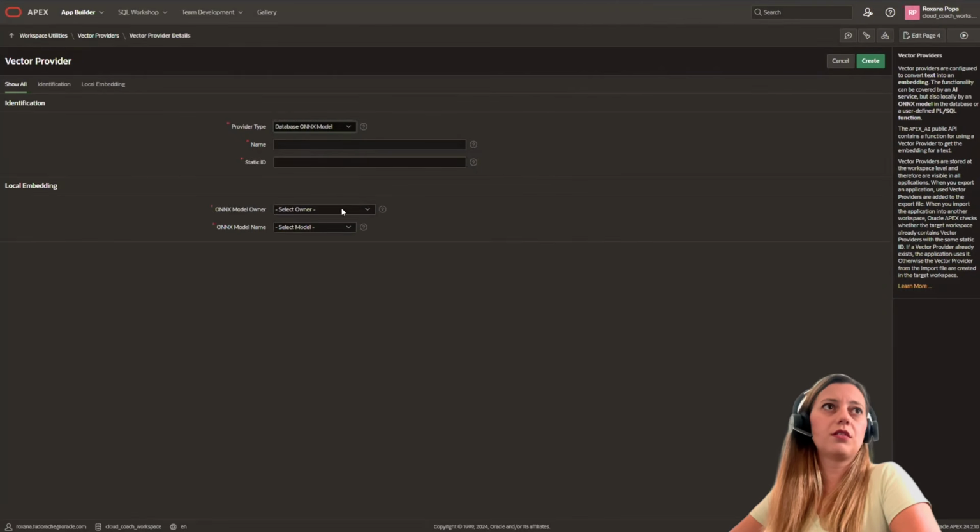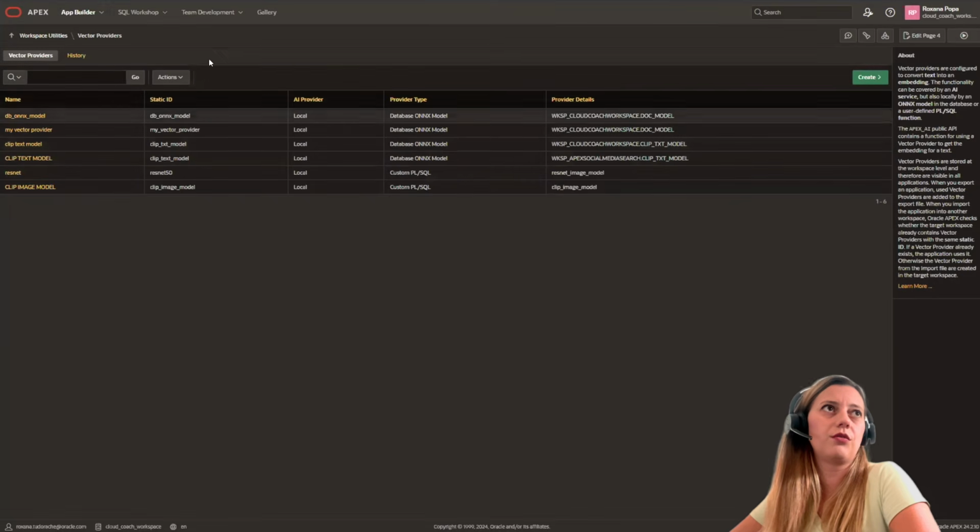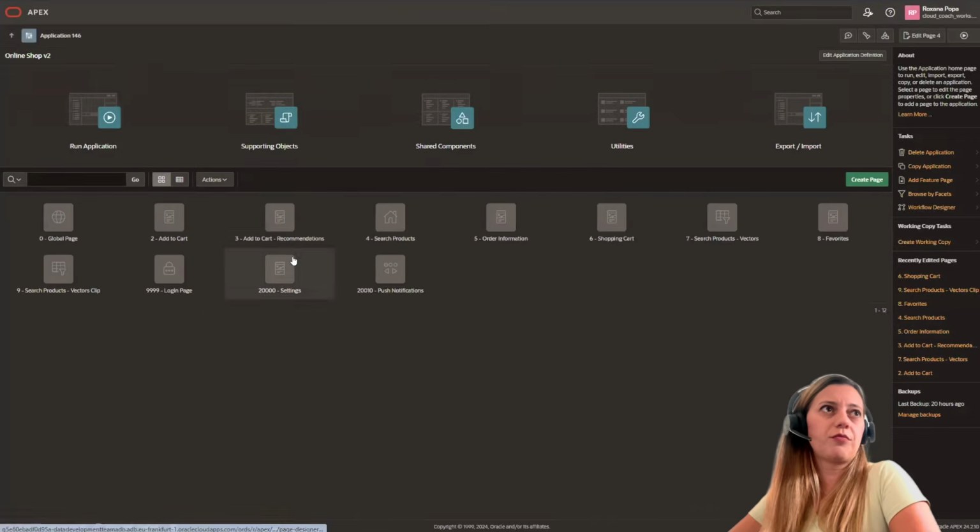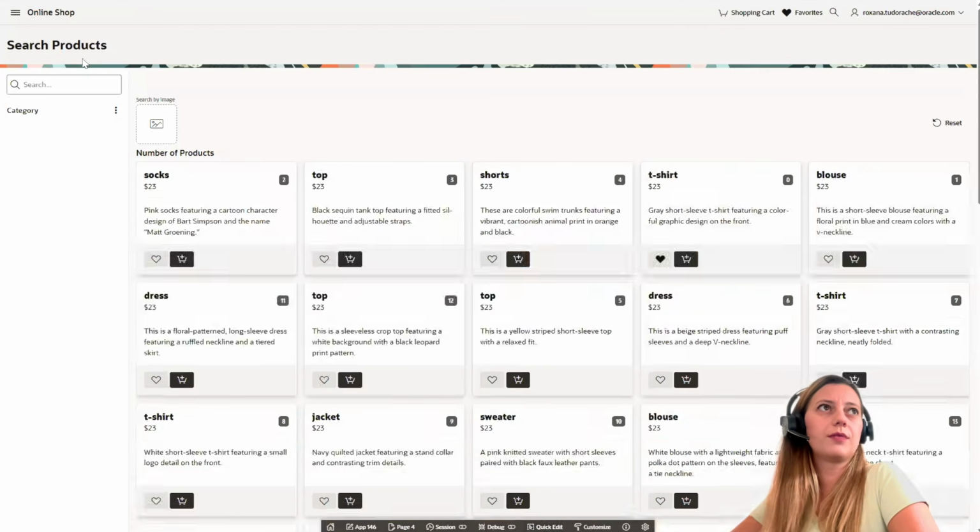Once you select, you just choose your model. We have several models imported, and that's it. You refer to the static ID that you put here, and you are ready to use it. Now, let's go back to our application to see what else we have.